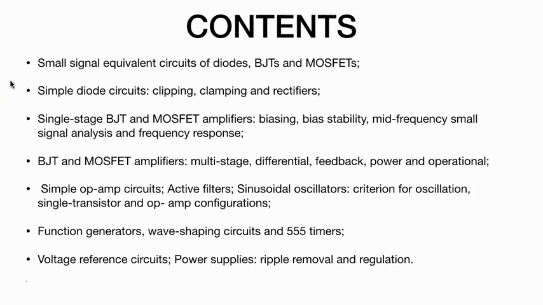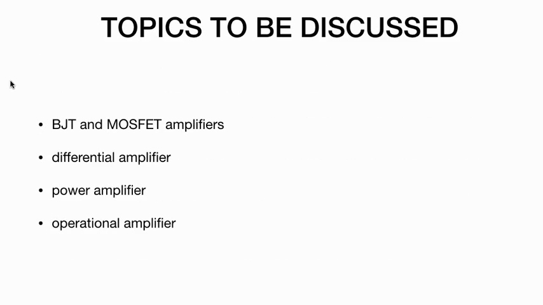Today we'll be discussing the content for analog electronics. Most of them we have covered. The topic for discussion will be BJT and MOSFET amplifiers, differential amplifier, power amplifier, operational amplifier. Amplifier is one of the important topics for the GATE examination. Every year, one question with 2 marks or 1 mark, a numerical or an objective type question, can be